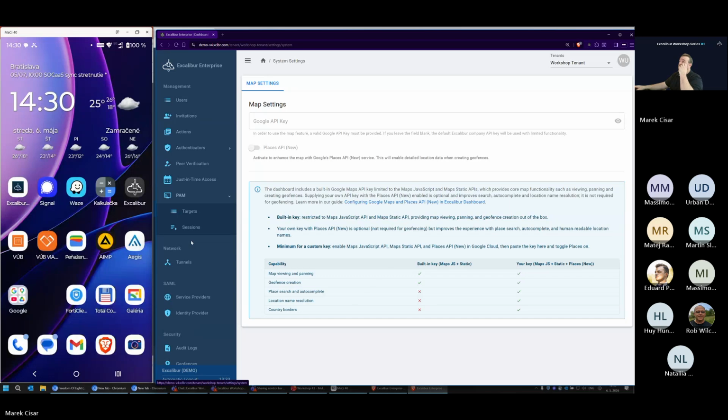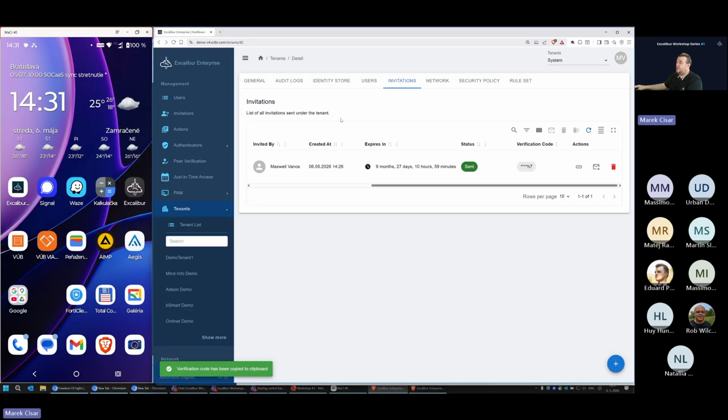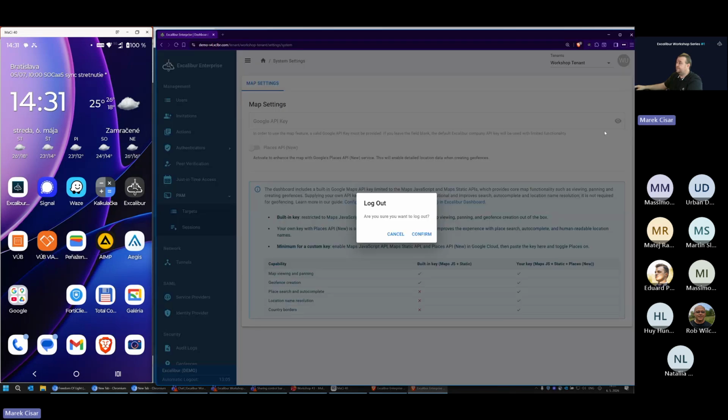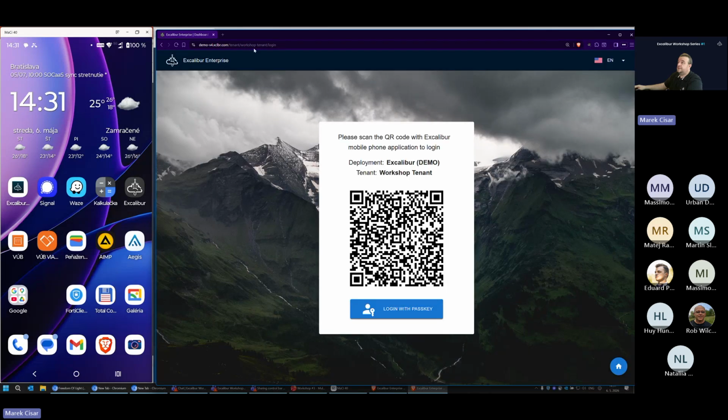Okay, that was it regarding the tenant configuration. And now let's check that URL. So in this window, we can check the URL alias or the tenant alias, which is called workshop hyphen, or minus, tenant. Let's check that when I logged out from that new tenant. And here, as you can see, this part of the URL is that tenant alias specified in tenant configuration.